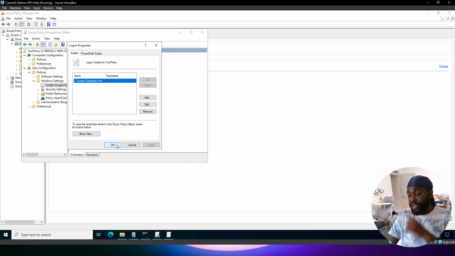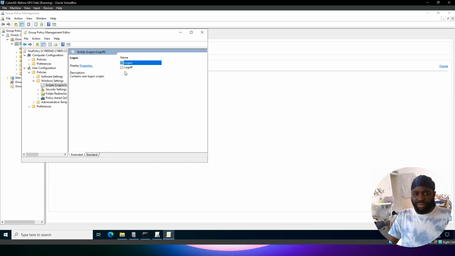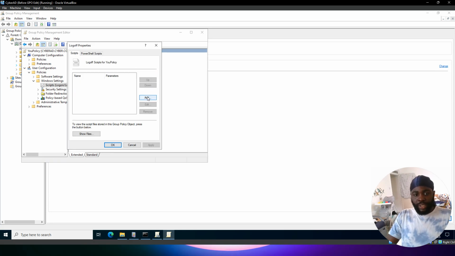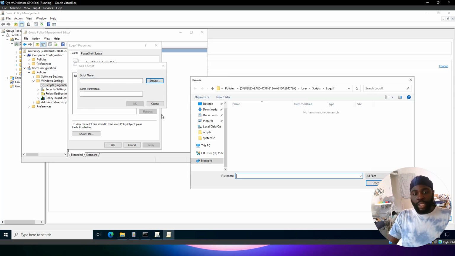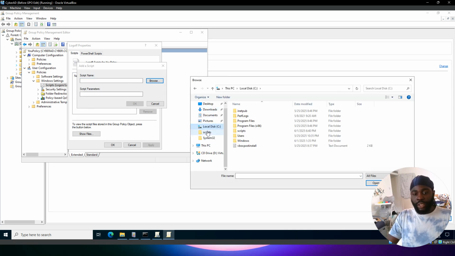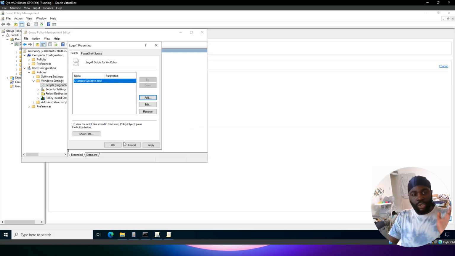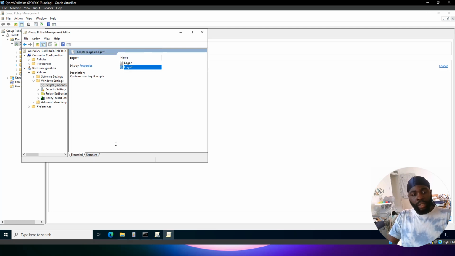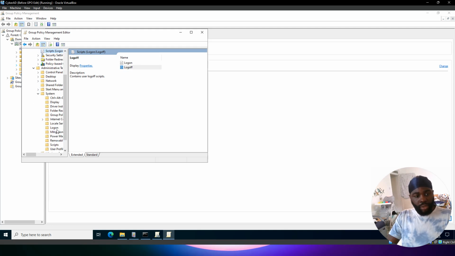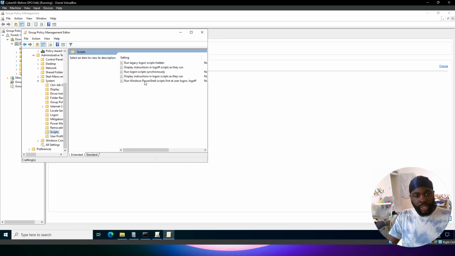Apply. Make sure you always apply, because if you don't, well, it's not really a big deal. Properties. And one last thing, we should also have changed the access, but I think it's on everyone already, so it doesn't particularly matter, so we'll keep that. But this is goodbye, and we'll just do that. Apply again, and then we'll go to administrative, and then again to system, scripts, and then